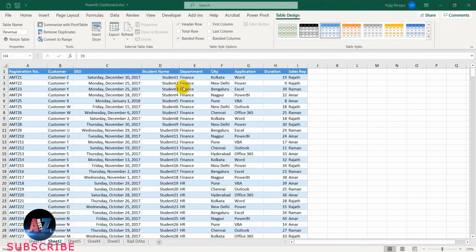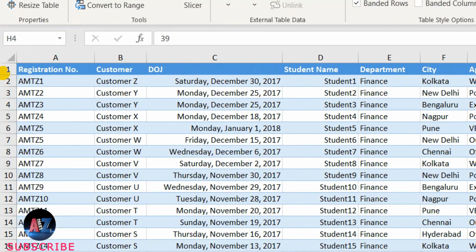The next, quality of the data. In the first place, I don't want to use this column registration number for my analysis. As per my understanding, I don't require this column. But should I delete the column within the data? That is not advisable because I am not the owner of this data and this is maintained by somebody, and indulging into their data and deleting something is not a good idea. So I'm not touching this column, but I'd rather clean it in Power Query Editor.